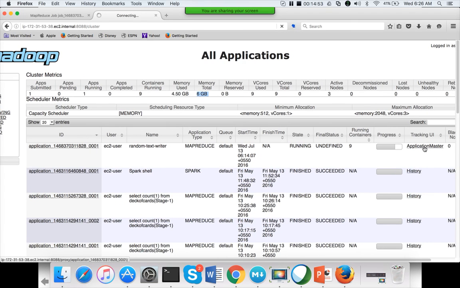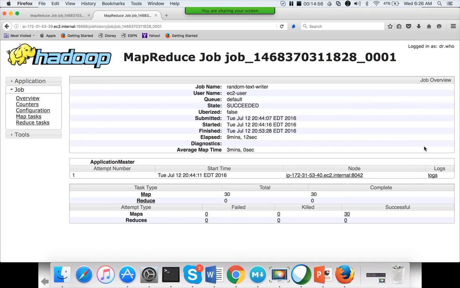Anyway, as the job is running, you can click on the application master, and this is how you should troubleshoot the issue. Here you can see there are 30 maps which are already completed, and all of them are successful. Once it is completed, you can see it has gone through the job history server. When the job is running, the details come only through the application master, because the application master is the one managing the job. Once the job is completed, all the logs related to that job will be copied to HDFS, and from that HDFS the job history server will pull the data and provide the details about the jobs that are already completed.